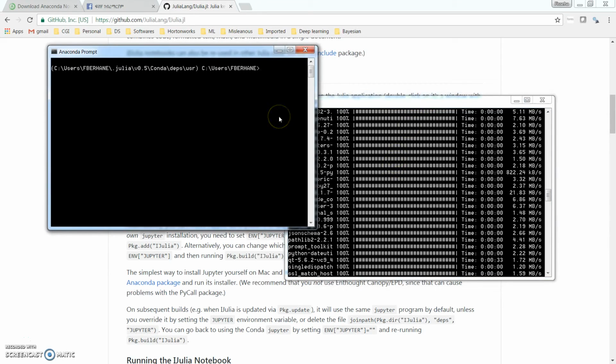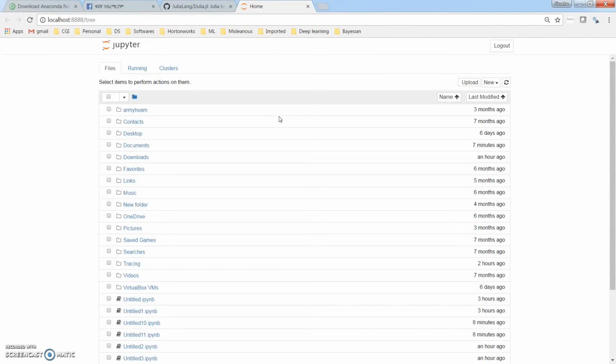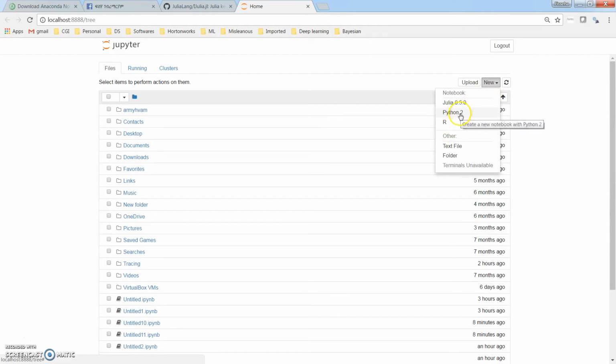So let's go ahead and open Jupyter Notebook and see if Julia has been added. We see some changes here. I think because of the update it has installed Python 2 as well, so it has changed it to Python 2. As you can see, initially we installed Python 3, but during the Julia update it installed Python 2. There is a way to change it to Python 3, but that's okay for now. Let's go with that.